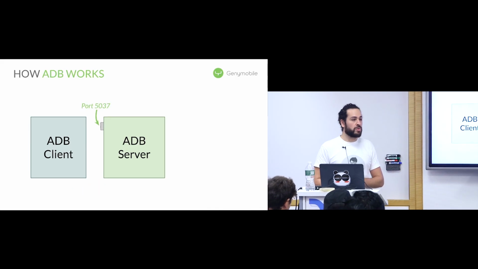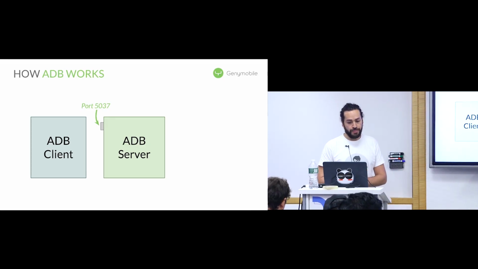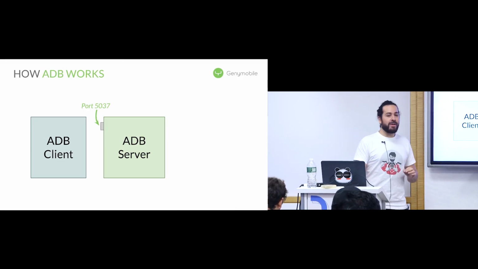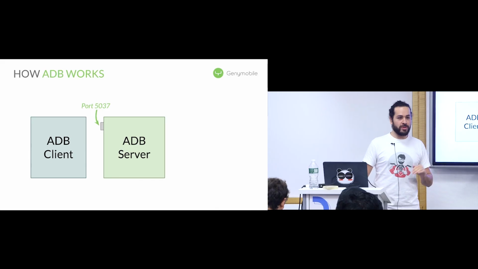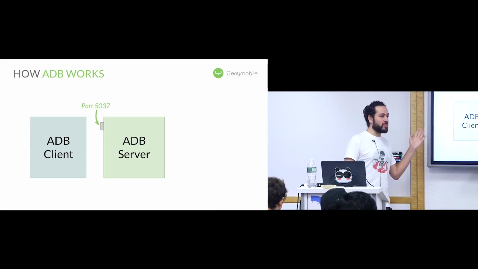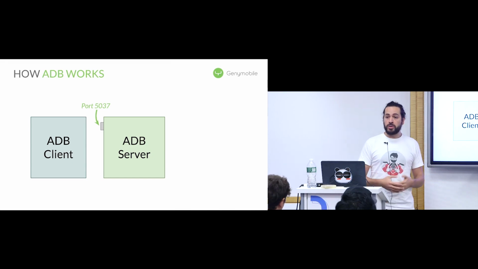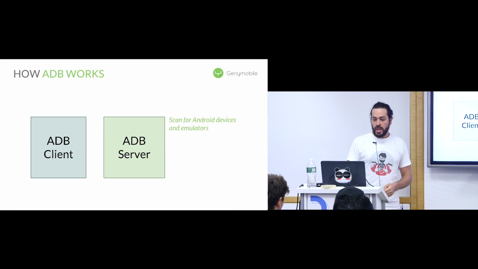And when the ADB server is launched, it will bind to a port, 5037. Just one thing: I'm very bad in English in general, but with numbers it's worse, and there are a few numbers in this presentation. So it will bind this port with a TCP server, waiting for other ADB clients to connect and to send information. And we'll see later what. When it finishes binding,